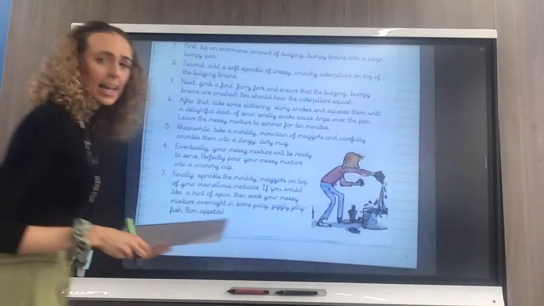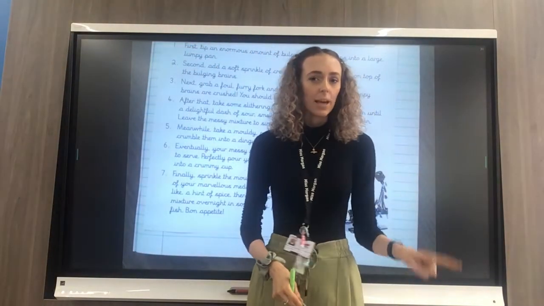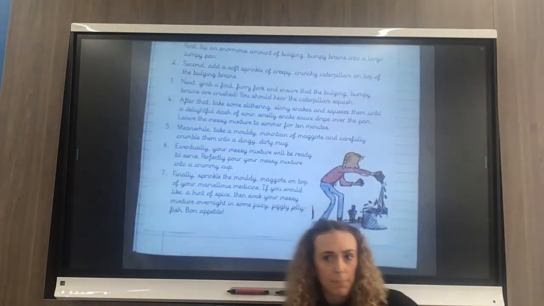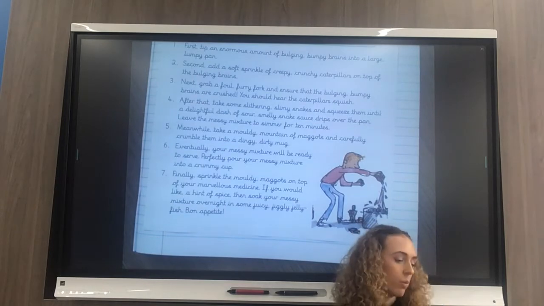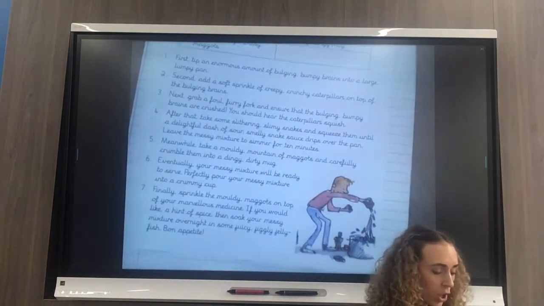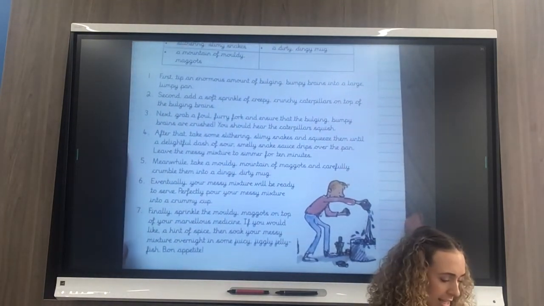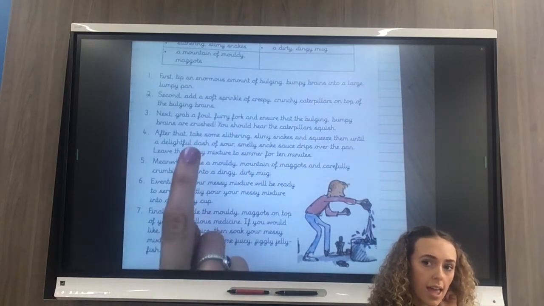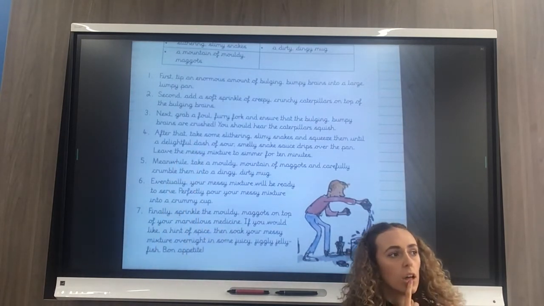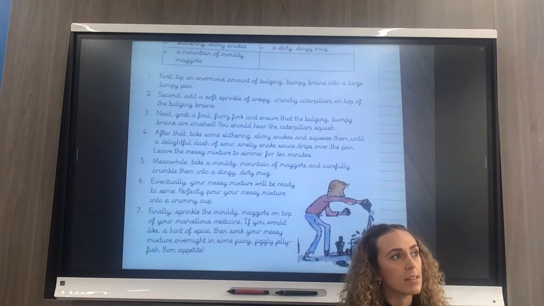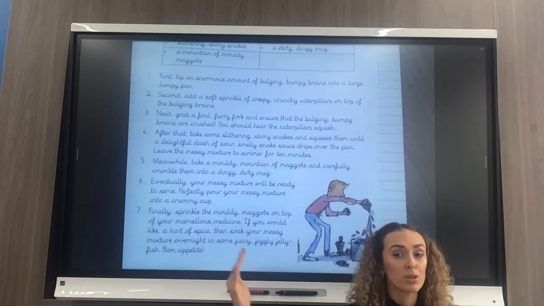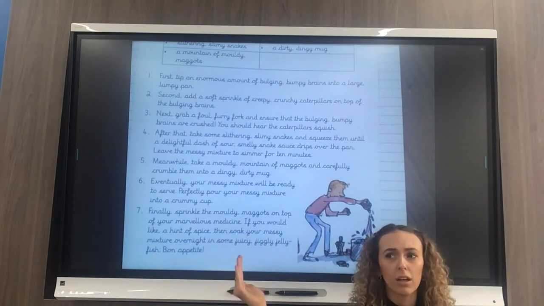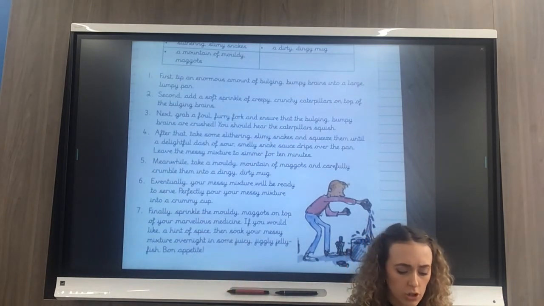But if you have, okay, we are going to find the time conjunctions in Miss Morgan's Marvellous Medicine recipe. Now remember, time conjunctions tell us when. Well done. Okay, so you are going to find the time conjunctions in this recipe. Now think, where do time conjunctions go in a sentence? Do they go at the beginning, the middle, or the end? Most of the time they go at the beginning, and sometimes they can go in the middle.